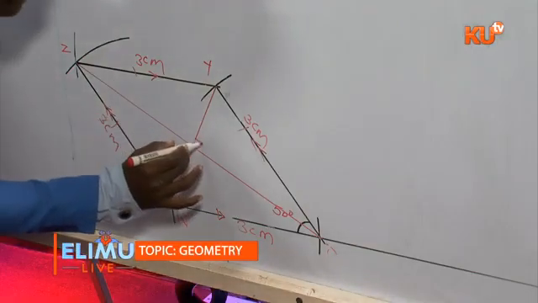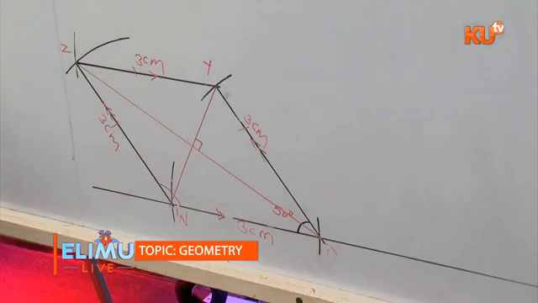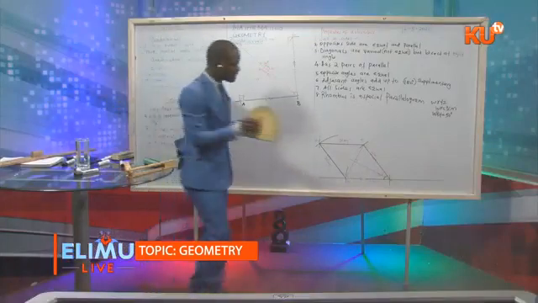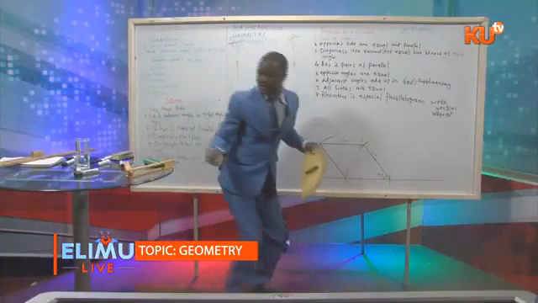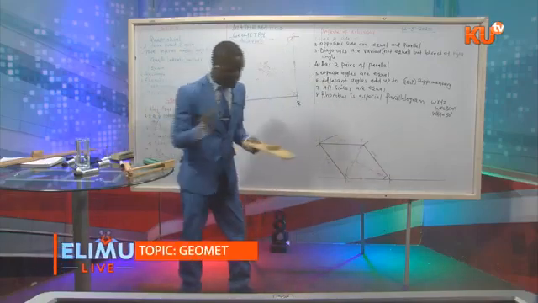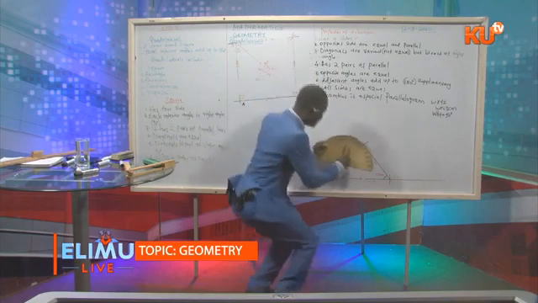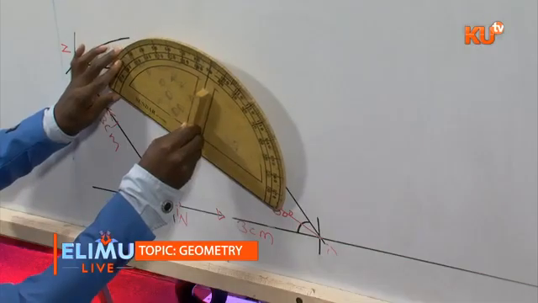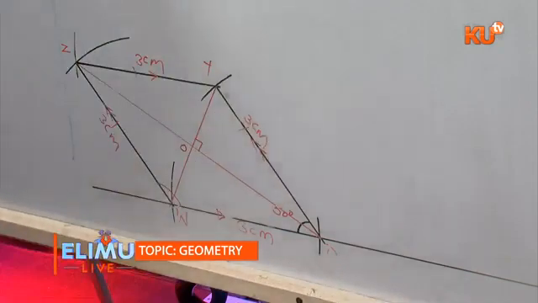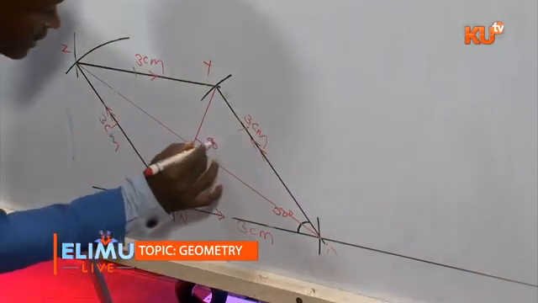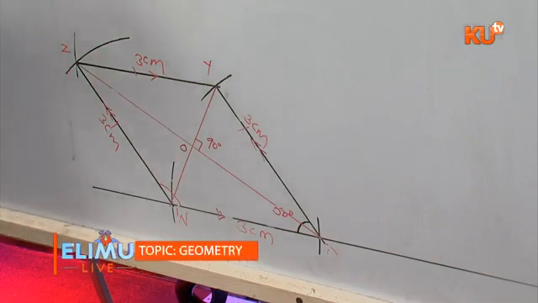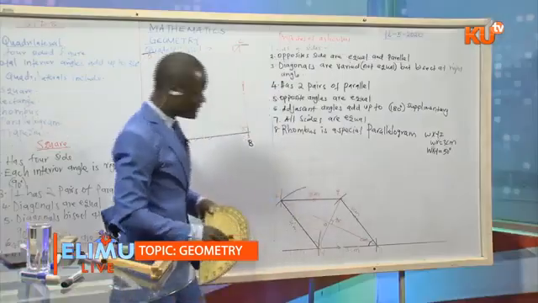But we also say that they bisect at 90 degrees. So we can also find out that. Take your protractor and then you measure. Where the 2 diagonals meet, you can name it O. And then now we come here and measure. If you look at this, it is evident again that this is 90 degrees. So learners and viewers, all these properties that I've written here, you can see that they are all